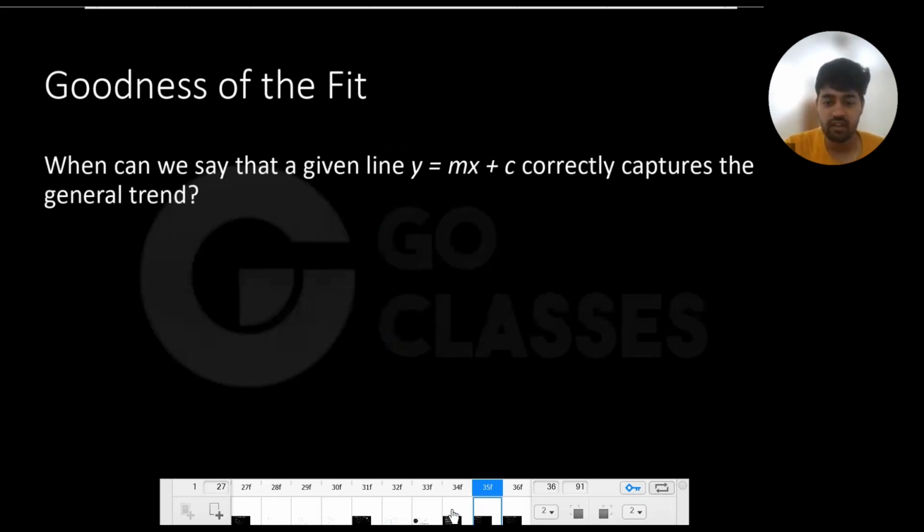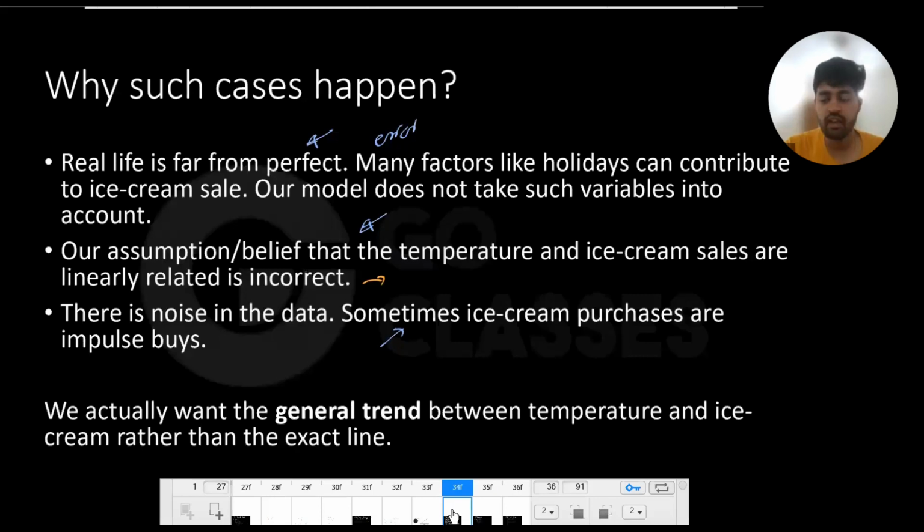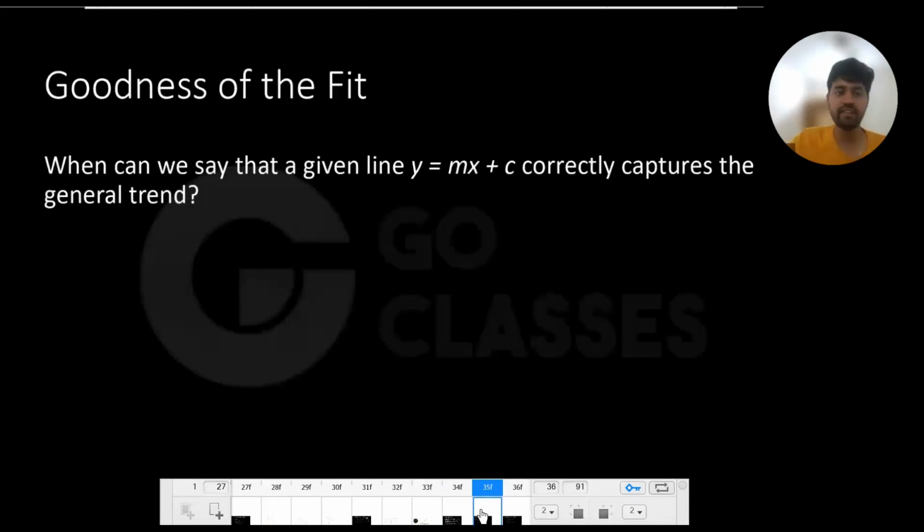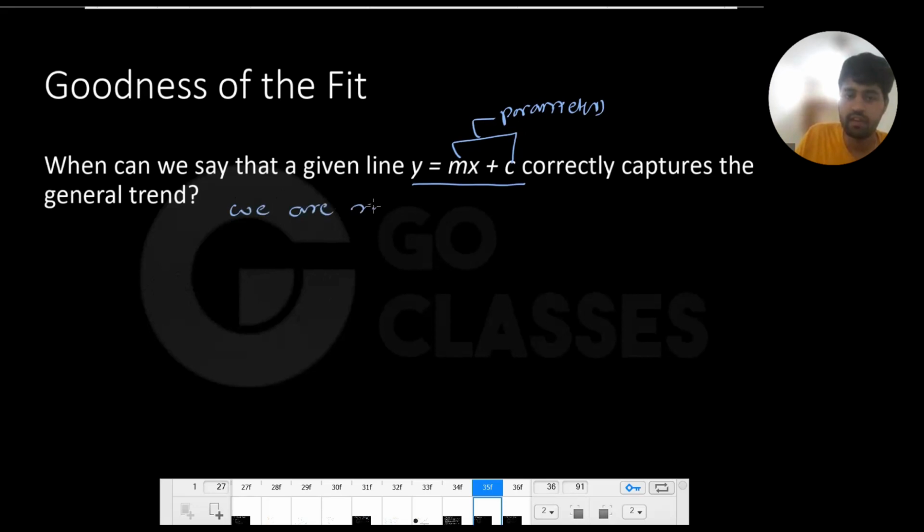Okay. So now let's go to the so-called trend line, right? What we want is to find some line which correctly captures the general trend, right? So we want to find m comma c. These are the parameters which correctly capture the general trend. So we are now relaxing the requirement